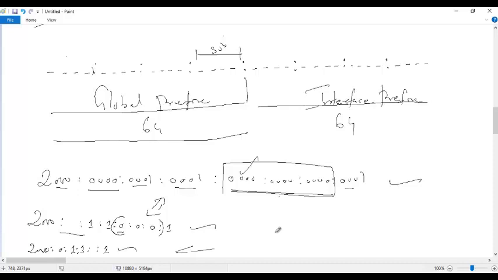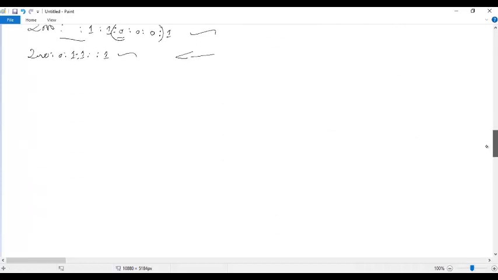Only once. If it is consecutive zeros, it doesn't matter whether it is 4, 3 or 2; for all of them we give the double colon. Only once.